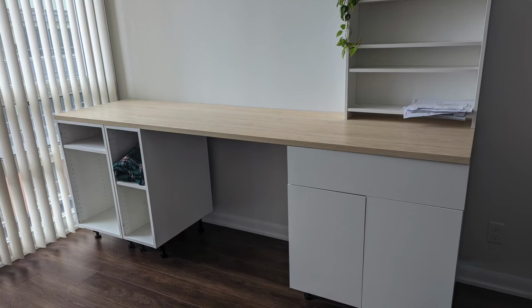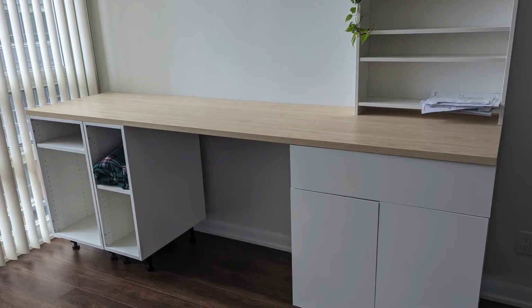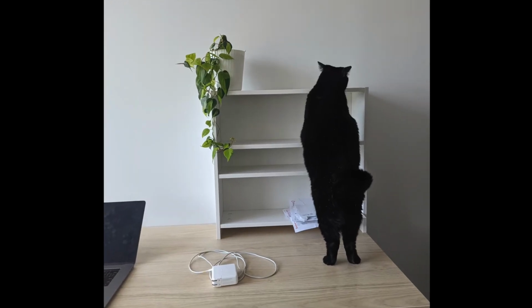So now I have a 100-inch desk, which is just amazing. I can't believe how perfect it fits. It could not be any bigger or any smaller, and I don't think it would be the right size again. Now, I swear that this video is not just about the table, but it is an extremely important part